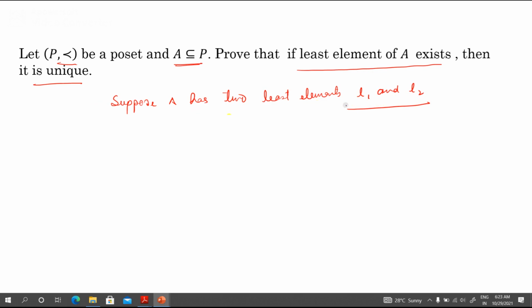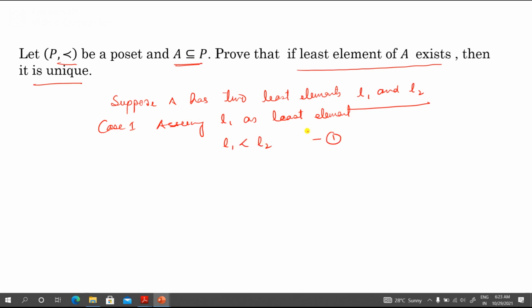So how can we prove that? Case 1, assuming L1 as the least element. If L1 is the least element, it means this element must precede every other element. So you can write L1 is in partial order relation with L2.